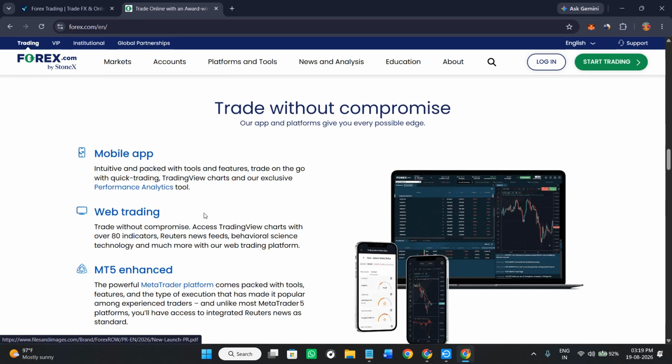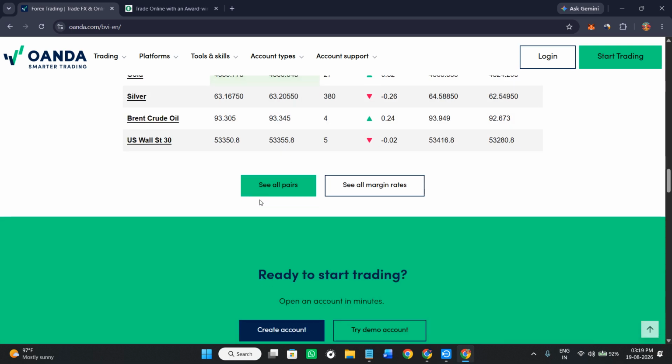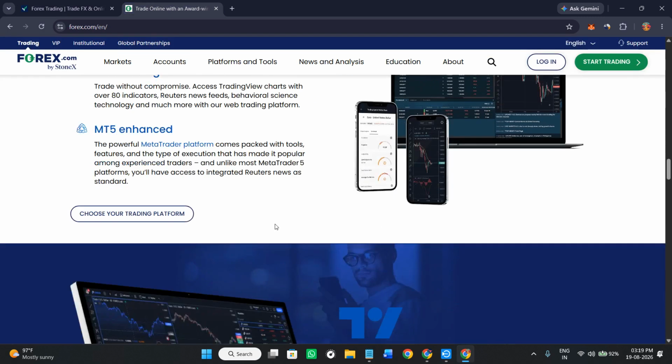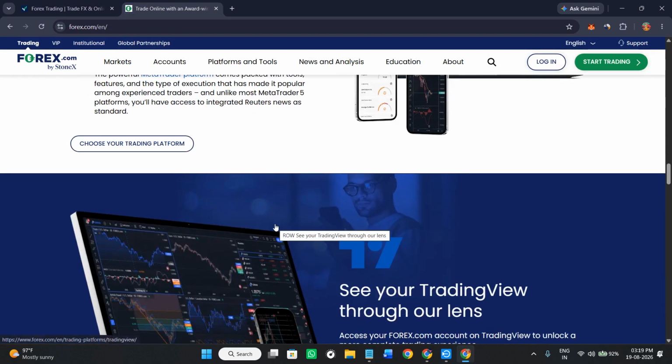Now the real question comes, which one you should actually choose. If you want simple pricing, flexible position sizing, and a straightforward forex experience, then Oanda is a strong choice here. If you are an active trader that is looking for tighter spreads, raw pricing, and more currency pairs, then